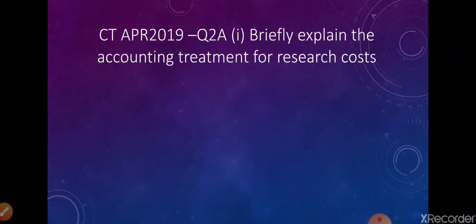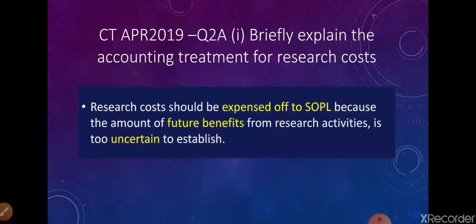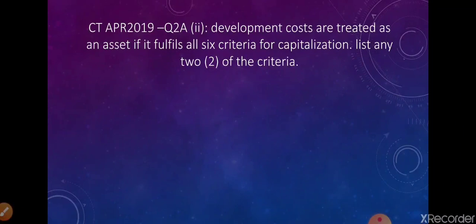So requirement, briefly explain the accounting treatment for research costs. Research costs should be expensed off to SOPL because the amount of future benefits from research activities is actually too uncertain to be established, right? So any expenses or expenditure incurred during the research course, you don't have to think too much about it, just expense off to SOPL. Next, development costs are treated as an asset if it fulfills all the 6 criteria for